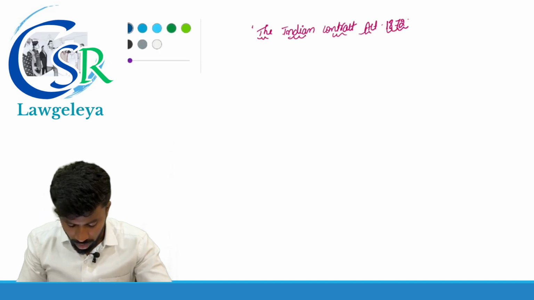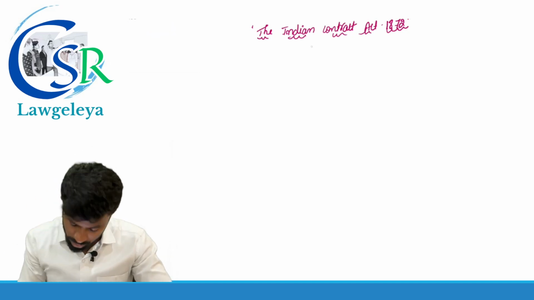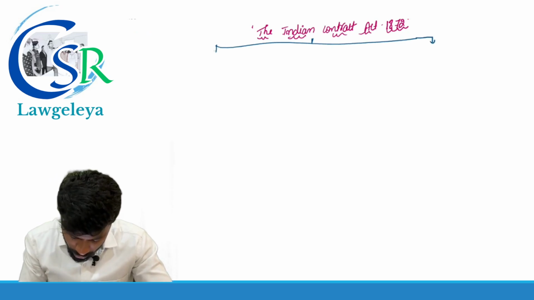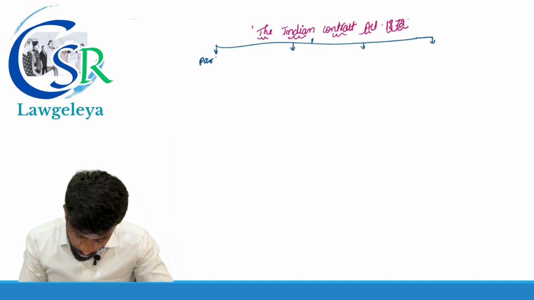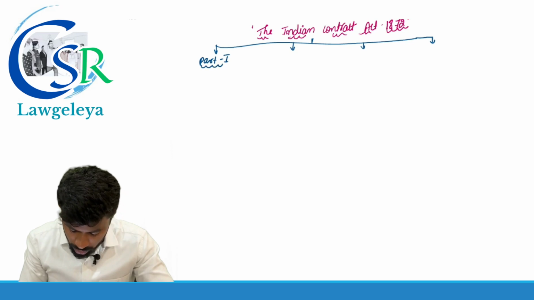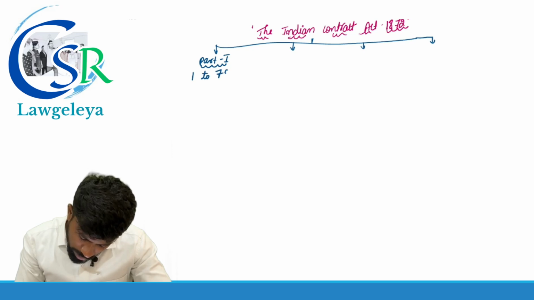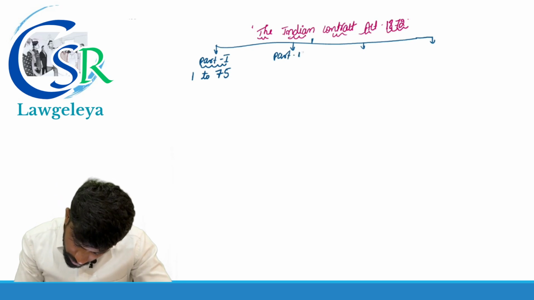The Indian Contract Act 1872 is divided into four parts. How many parts? Four parts. Part 1 covers section number 1 to 75. Then part 2 covers section number 76 to